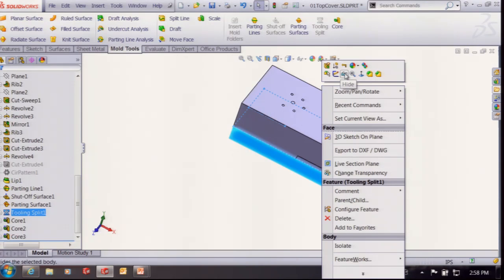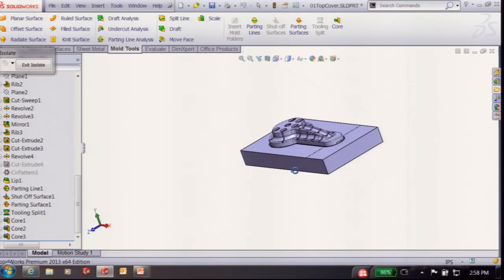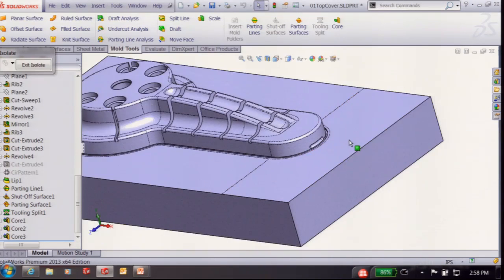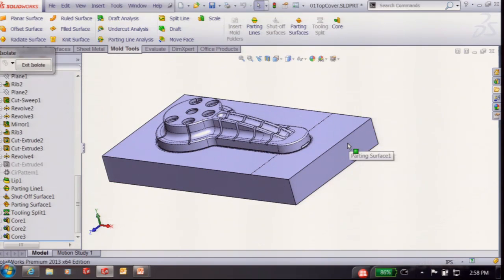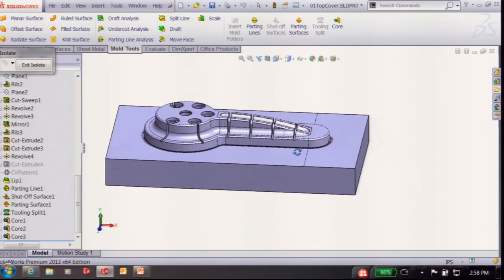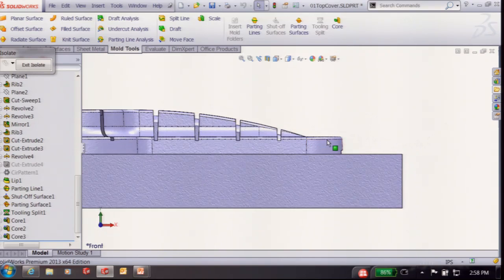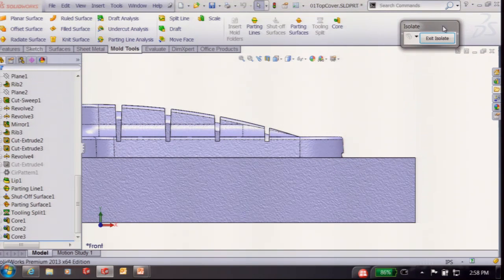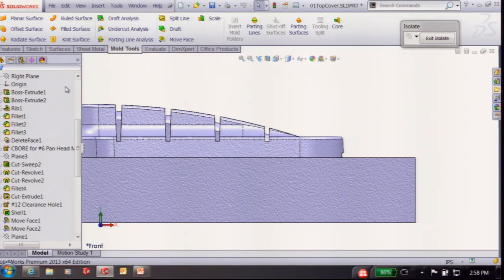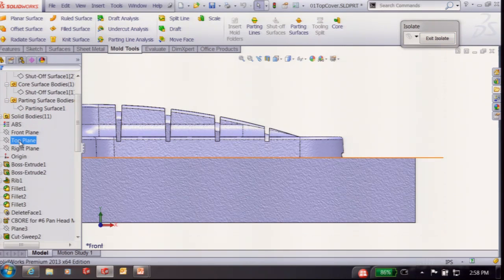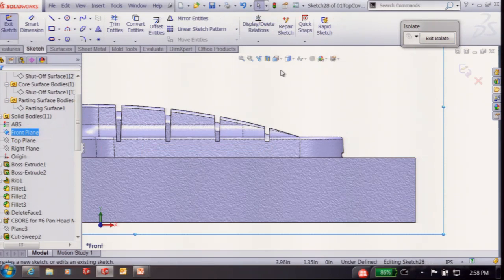Now let's focus on down here. We have a little geometry. Let me isolate this. You have some geometry here that's undercut. So we want to make a lifter pin that'll push that out at an angle so we can pull this part off the mold. To do that, I'm just going to go to my front view of the part, come over to my, I guess it's the front plane, start a sketch, and now I can go to my